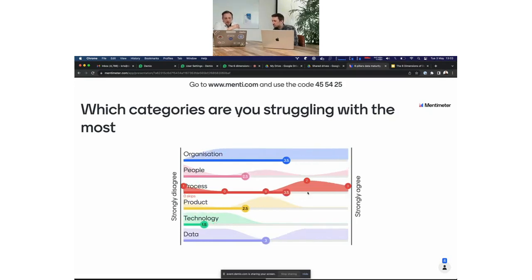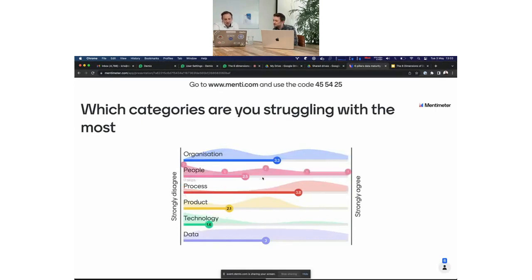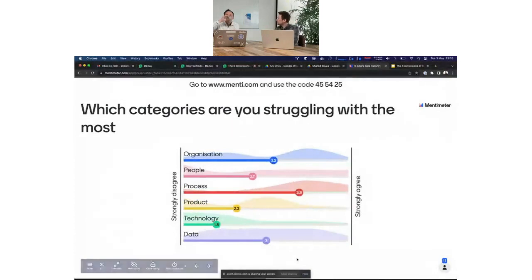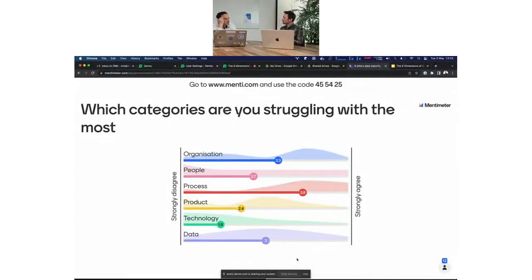People are struggling with process. And organization as well. Yeah, it's moving left now. Organization is moving, well, it's a sample, but product as well. Yeah, it's sometimes difficult to really give a clear definition of what your product is. If you think about the data mesh definition, your product is the data, the infrastructure, and the code all together. And that's something you offer externally, while sometimes people just look at the final layer or the CSV file you talked about as the product. But I do think we've seen both scenarios.